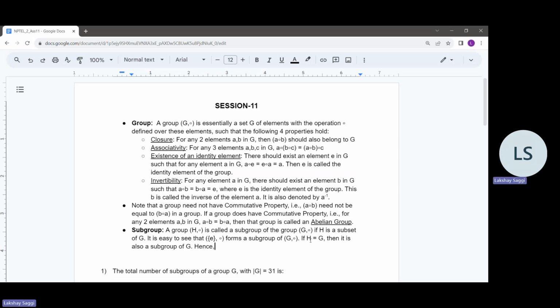So basically every group has at least two subgroups. And what are those subgroups? Those subgroups are basically the identity element and that group itself. Hence, for any group (G, O)